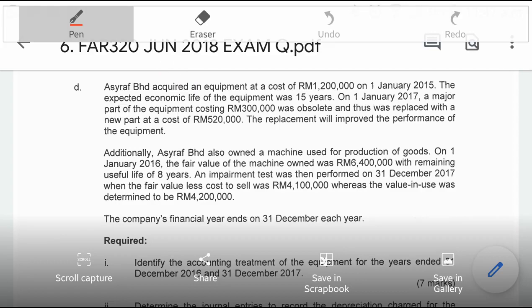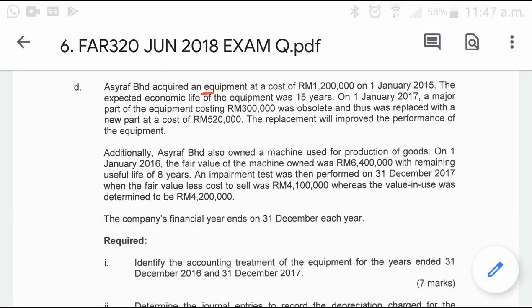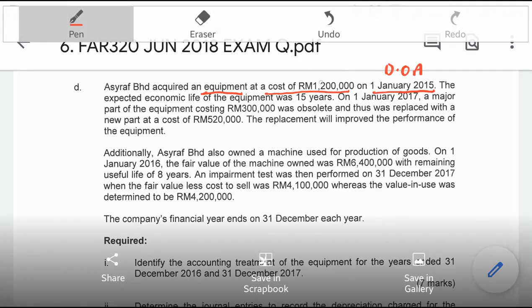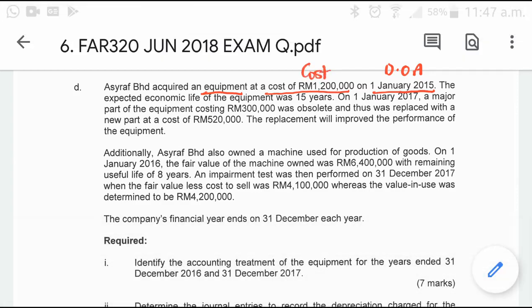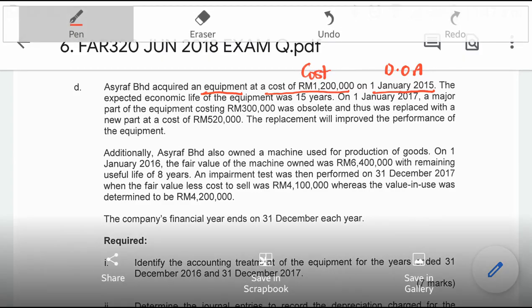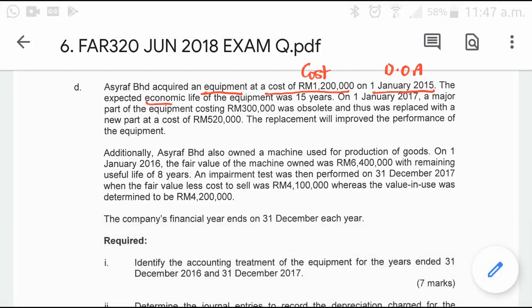So you have a company called Ashraf Berhad that acquired an equipment. So this is the asset, equipment. The cost was 1.2 million. It was on 1st of January 2015. So this is the date of acquisition, and this is the cost, right? The initial cost. The economic life of the equipment was 15 years. So the EUL is